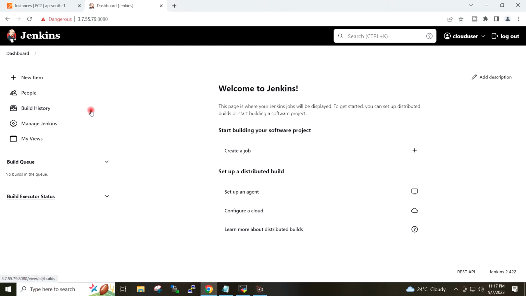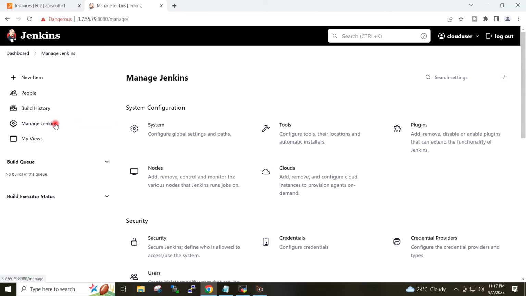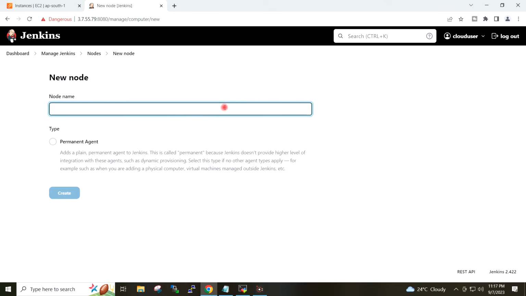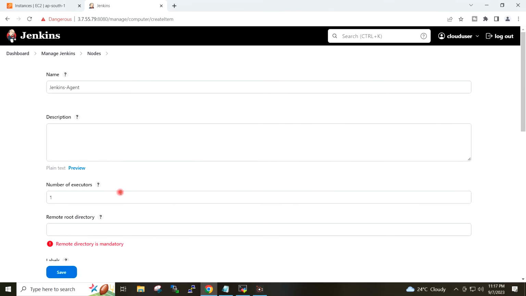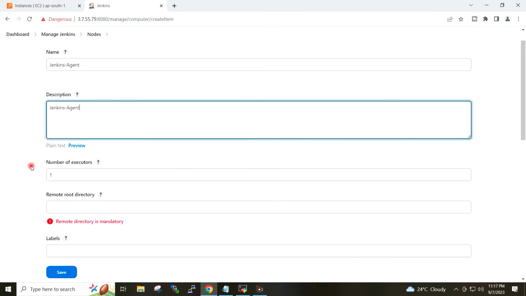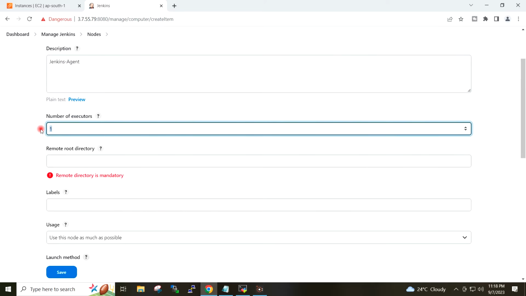I will again go to Manage Jenkins, nodes, new node. I will give the name Jenkins agent, permanent agent, create. Number of executors I will make 2.